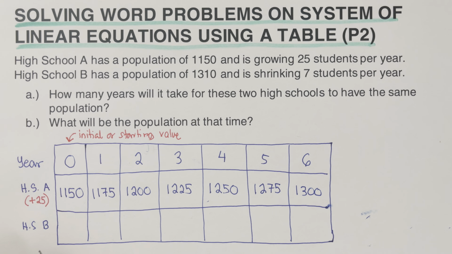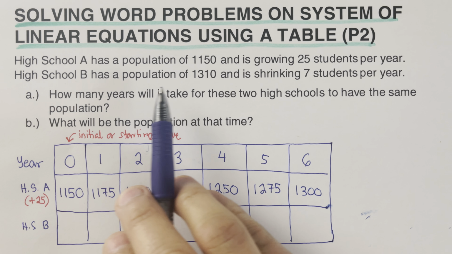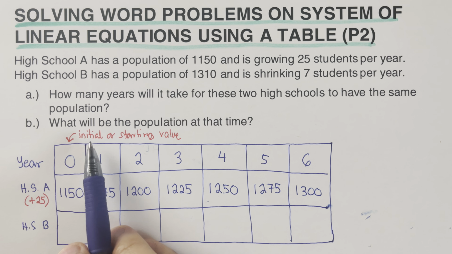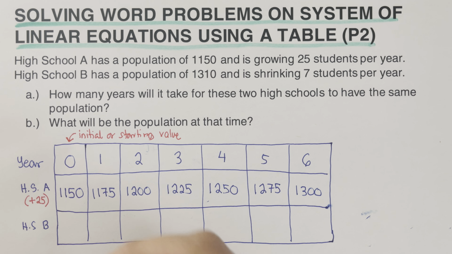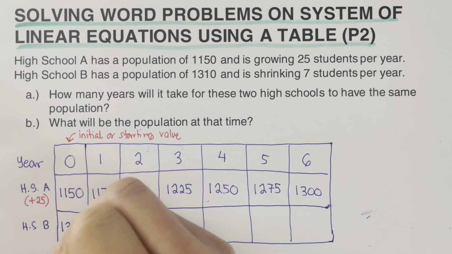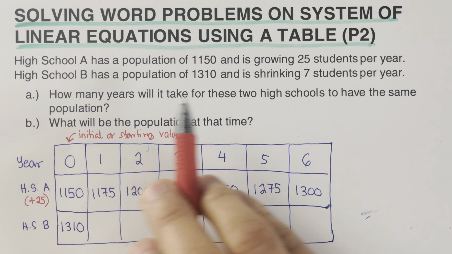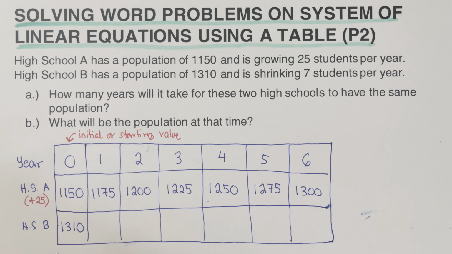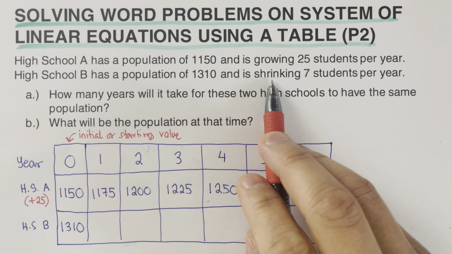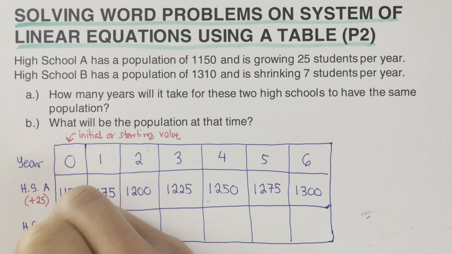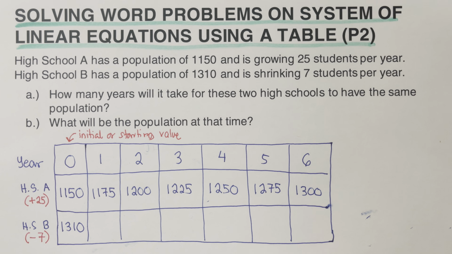But we move on to high school B. The original population for high school B is 1,310. So this one is going to go to the initial value or the starting value. So it's 1,310. It says that this high school is shrinking 7 students per year. When we say shrinking, it's going down by 7 students per year. So that would be a minus 7. So which means that we're going to subtract 7 to the original. So that's 1,310 minus 7 would be